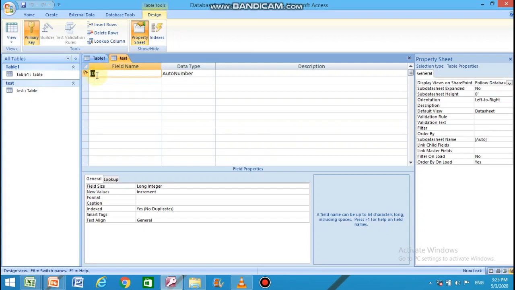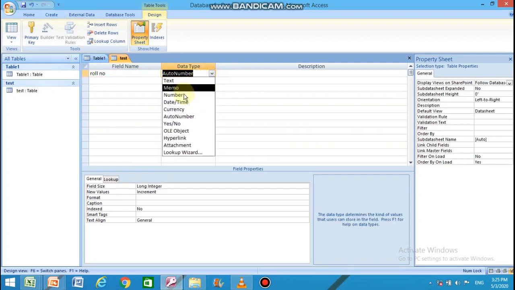If you don't want to create any primary key in your table, you can just click on this primary key button under the Design tab. Now you can see the key has disappeared from this field. You can type your field name and then proceed to your work.